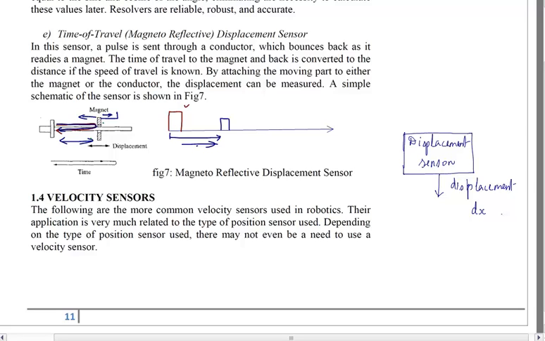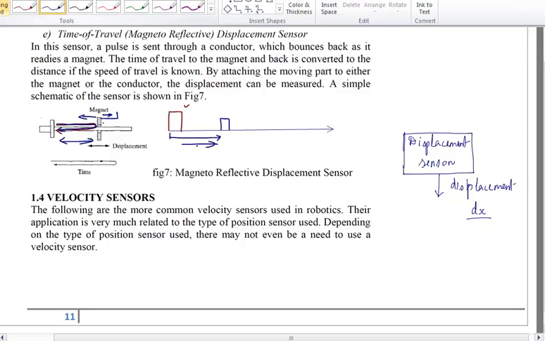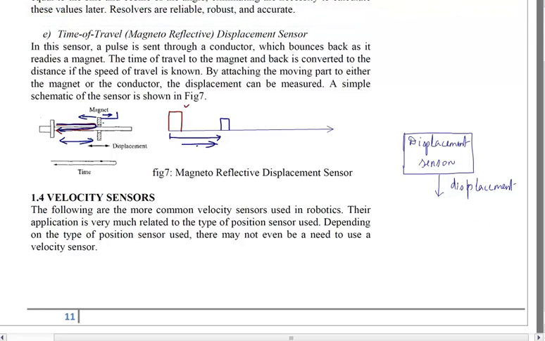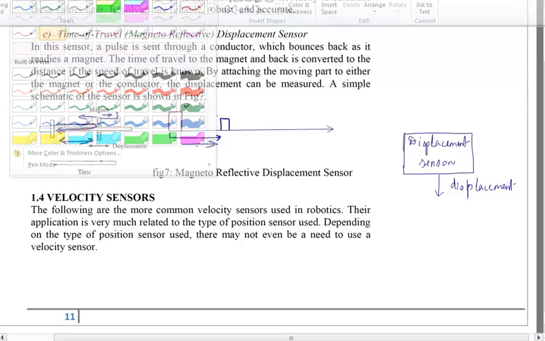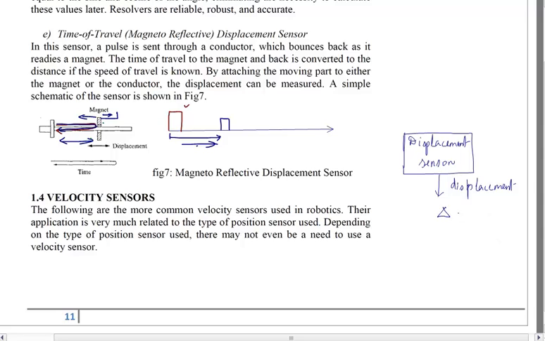Now, if I look at the distance moved per unit time, let me say the time is delta t. I will not write dt, I will write it as delta t. So if the displacement is delta x, then if I divide it by the time period in which we got that displacement, that is going to be the velocity. That is what we have studied about velocity. Velocity is the displacement per unit time.